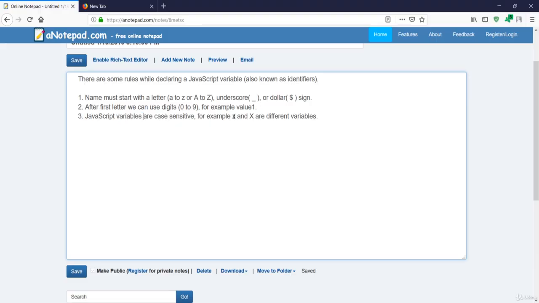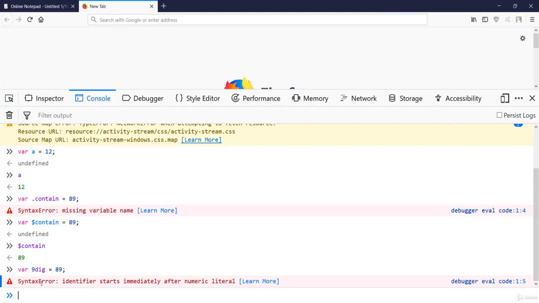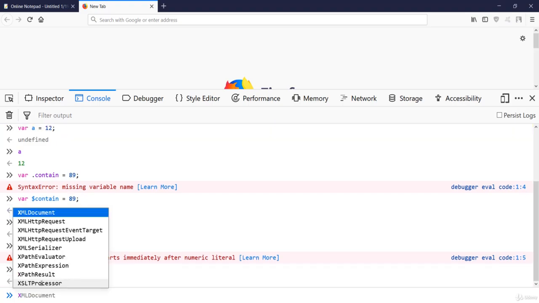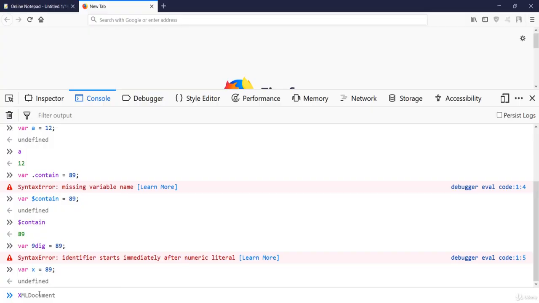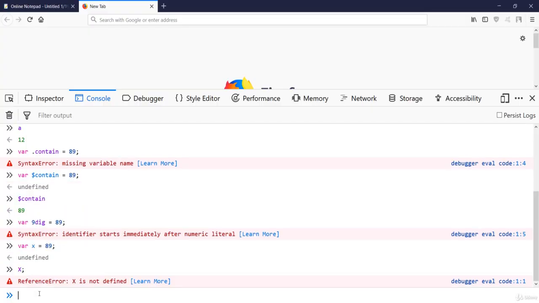The next rule is that JavaScript variables are case sensitive. That means the x in lowercase and the x in uppercase are different variables. Let's take an example. If I say x is 89, and now I print the capital X, it will show me an error, that X is not defined.